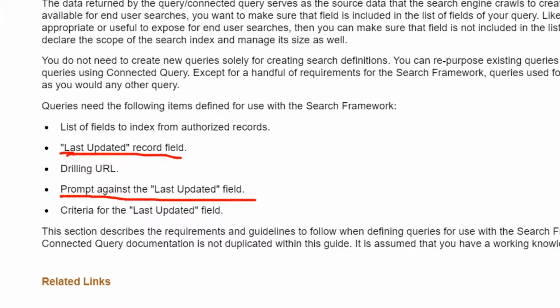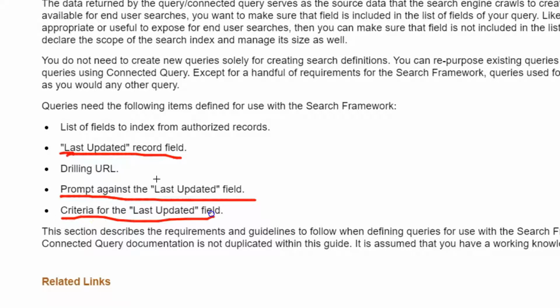For example, if you are doing a full index build, you can pass 01011900 to the query so that it can pull all the data related to the search query. If it's incremental indexing, for example, in our case, we will pass the date January 1st, 2020 so that it will only select the data modified after January 1st, 2020 to pass just the modified rows to the Elasticsearch engine.